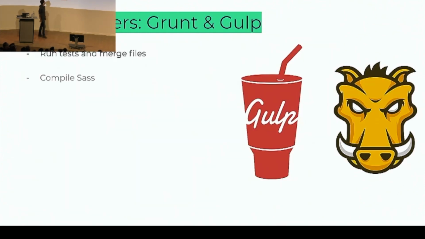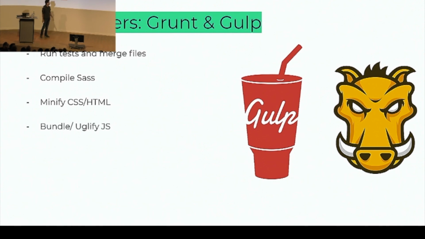But why did these tools start to be introduced? First of all, we needed to automate some of our tasks, like not including separate JavaScript files in our pages. So we needed some tools to combine them together and package them, bundle them. We needed automatic test runs. That year Sass was introduced, so we needed somehow to bundle our Sass files and compile them. We needed to minify CSS and HTML, and these tasks couldn't be easily done without a task runner. And we also needed to bundle our JavaScript files.